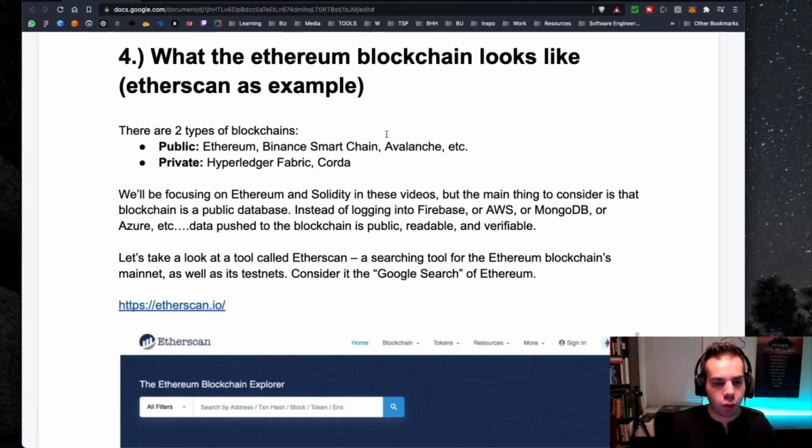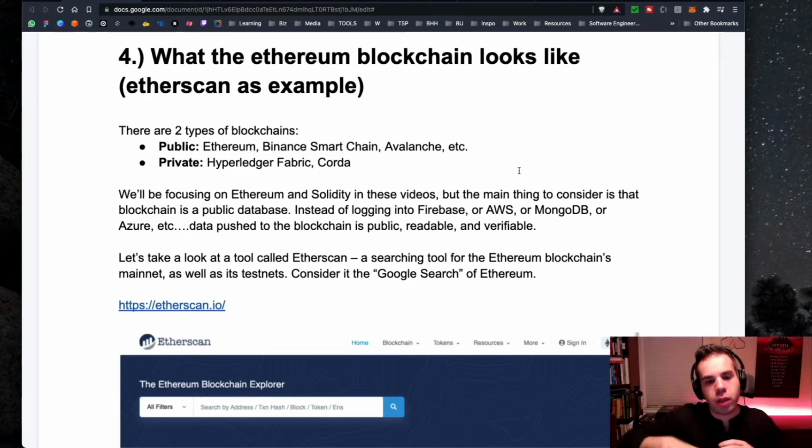For public, of course, finance can also apply here, where if you are sending transactions and you want to be able to verify them, or maybe you're a nonprofit and you want to be tracking your donations, you might want to be doing this in a transparent and public way. So that's where blockchain could be really helpful and advantageous for your use case. We're specifically in this mini-series going to be focusing on Ethereum and Solidity, but it's also just good to think of other blockchains as you think about these things.